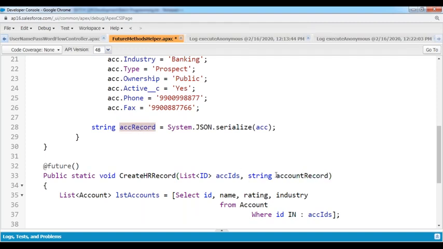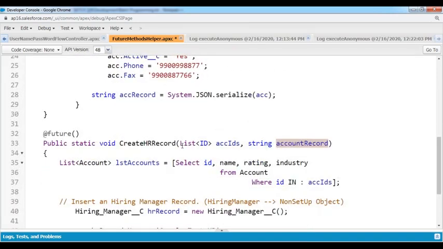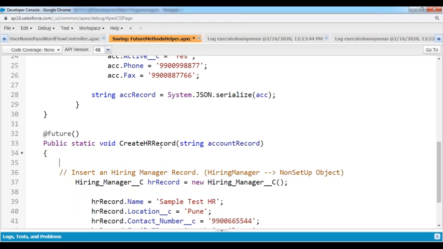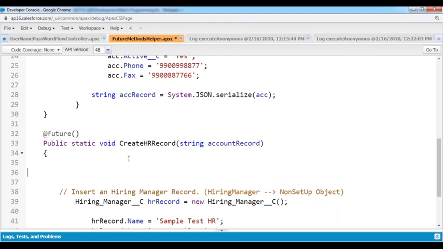Now, whenever I'm going to be invoking, for example, here I'm removing this part. This is not required for me right now. So here I'm preparing that future method. In that, I'm passing that string account record. So I'm passing this account record to my future method. Once the string value has come into the future method, here I want to make this process reverse back. That means string to Apex type. For that, we are using a method called the deserialization method. So that we have to use